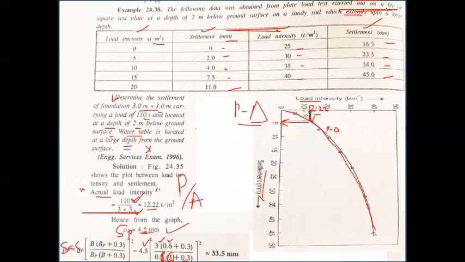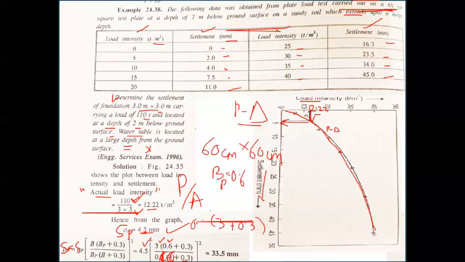It is a square plate, 60 centimeter by 60 centimeter, so we must use the BP value as 0.6. Wherever BP values are there, we must use 0.6. So 0.6 outside the bracket, into inside the bracket, B is the width of the footing, which is 3 plus 0.3. So 3 plus 0.3 inside the bracket, and outside the bracket we have to write 0.6.